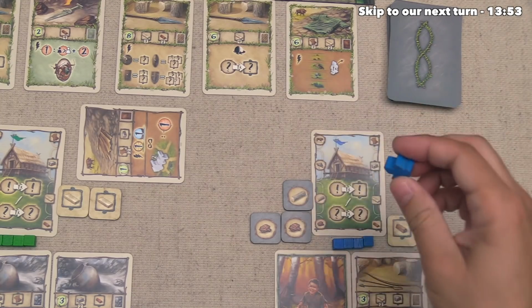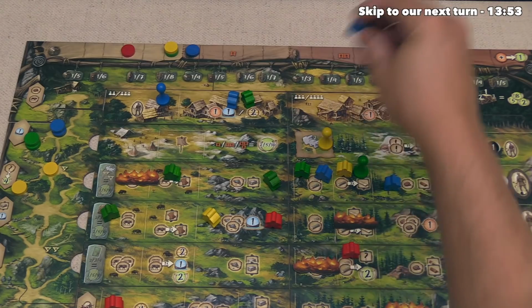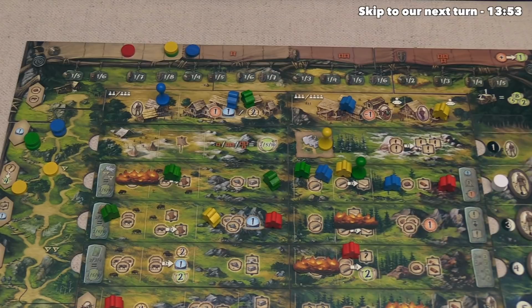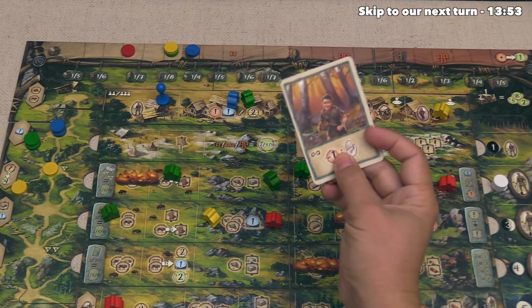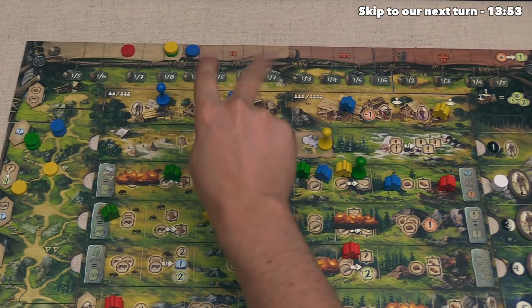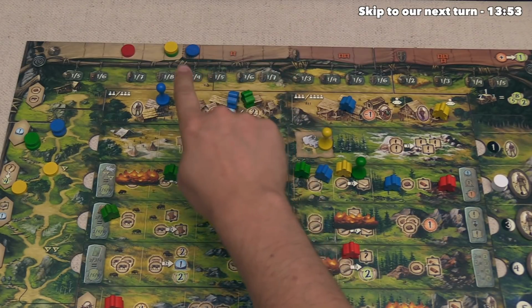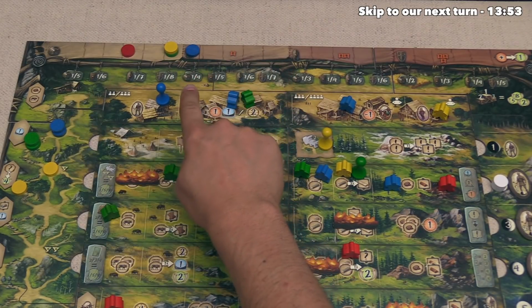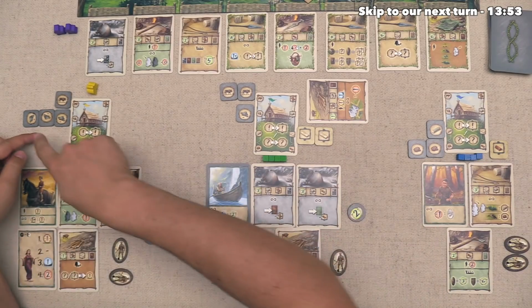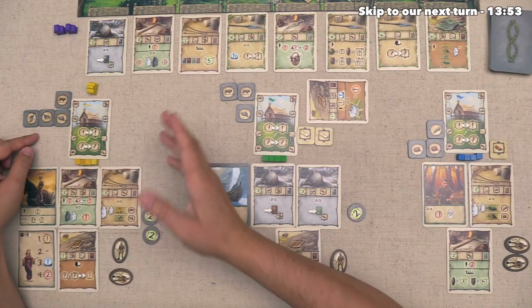Alright, the blue player can take their last action, and they've decided to do a raid. Now you'll notice this would normally cost them a military, but again, their character means that they don't have to lose that. And now we can look to see the blue player is currently in the 2nd tier. Now that means everyone in the 1st tier is going to have to give them 1 out of their 4 resources. When we come down here, we have exactly 4 resources, which is a bit of a bummer,